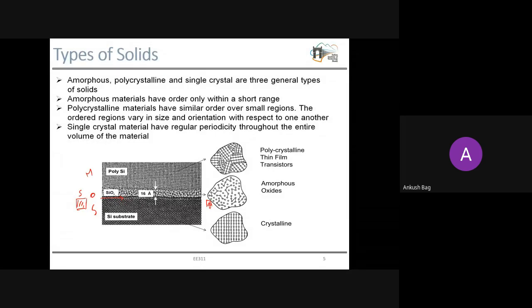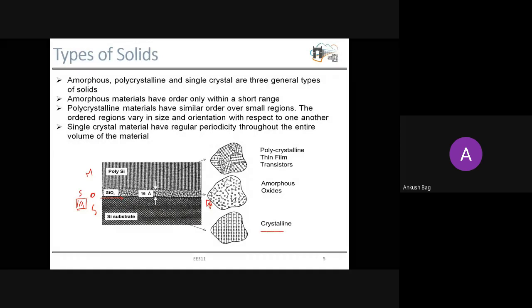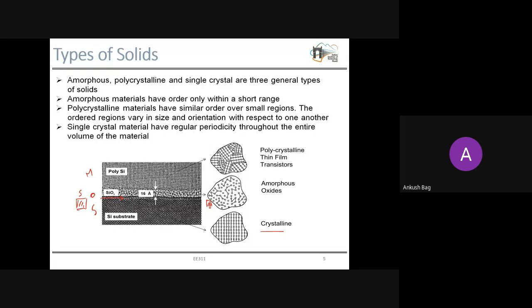So you can see, to build a device, you don't only need crystalline material. Yes, it is true that the current you get comes from the crystalline material, but to build the complete device, you need other types of materials too. That means you need polycrystalline metal, and you need amorphous oxide or insulator. Only then can you build your complete device. I hope this is clear to all of you.